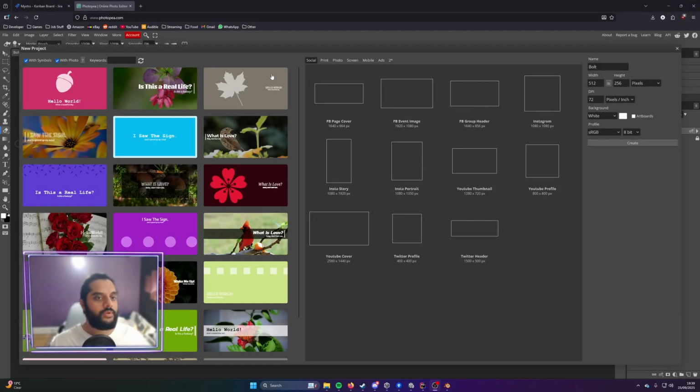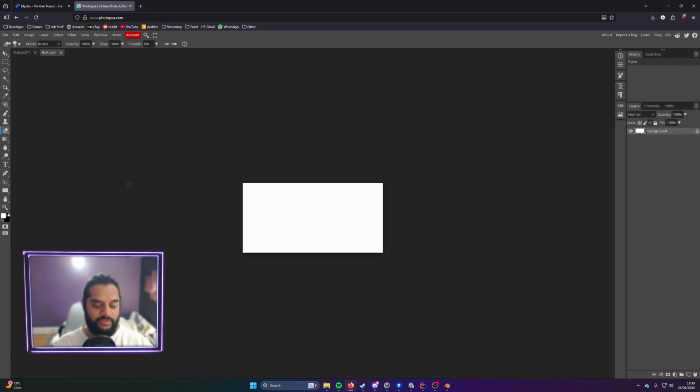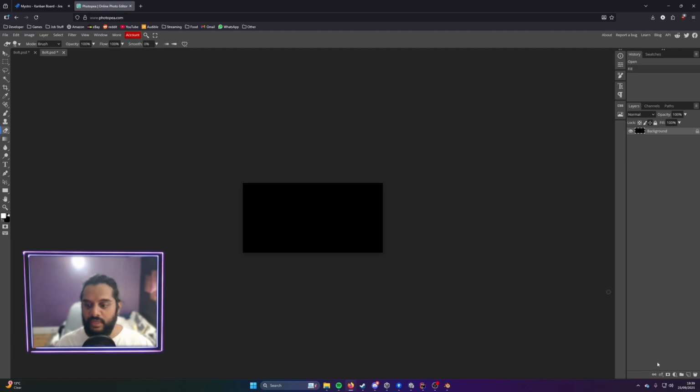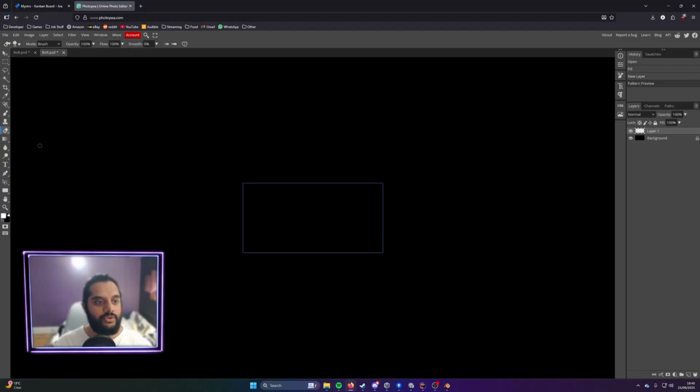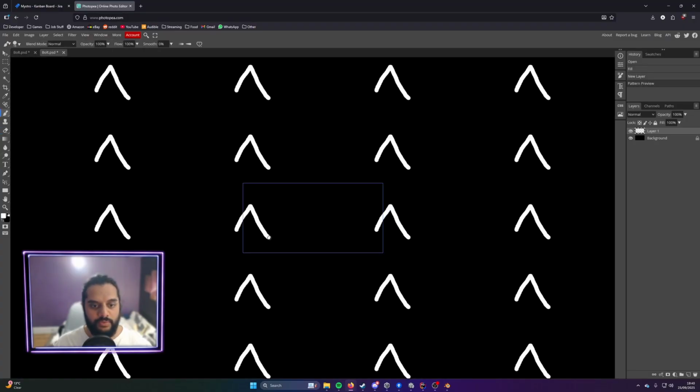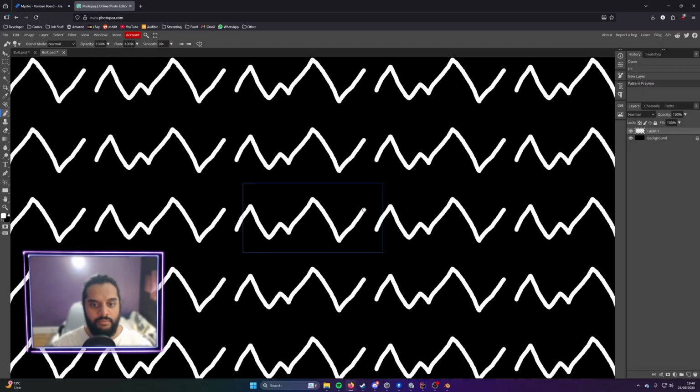Alright, so the first thing we're going to do is go to photop.com, because I don't have Photoshop on this computer, and set a new canvas 512 by 256. We'll press Shift F5 and set the background to black and make a new layer. We'll also go to View, Pattern Preview, and then we can start drawing with this brush tool. And we're just going to make a little bolt shape, and you'll see that it kind of matches up,